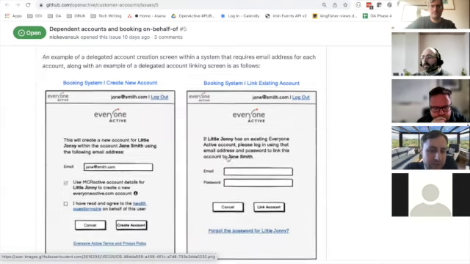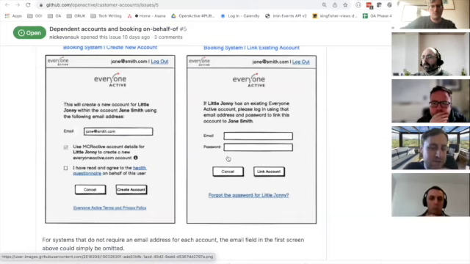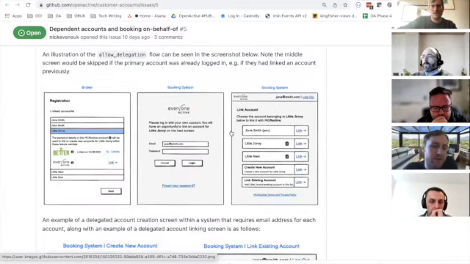And then you scroll down a little bit, she sees the left-hand screen with her own email address in there, assuming this is, for example, a system that requires email addresses, where it says this will create an account for Little Johnny within the account for Jane Smith, her own name, using this email address. And she then ticks the box to say she's read the questionnaire again, and clicks the create account button. And then she goes back to this screen, which shows that the account's been linked, and she can proceed to make bookings from that point,